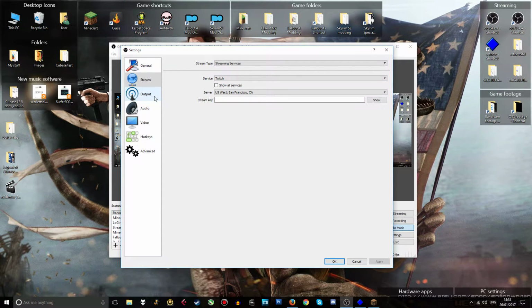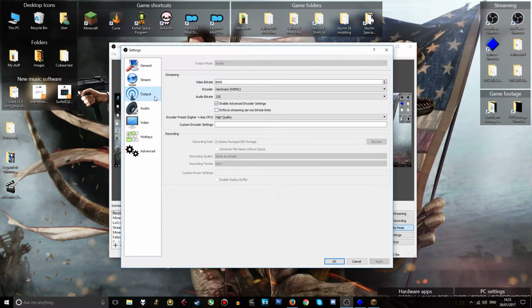Now, we'll get to the important tabs. There's output. I'm just using the simple output mode, which, if you select advanced, gives you more options for how you're going to encode the video, but you don't need to worry about that. So in terms of bit rate, it depends on what sort of game you're